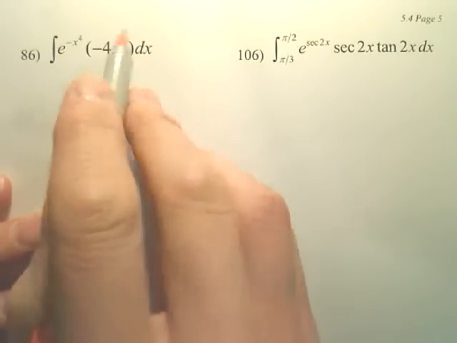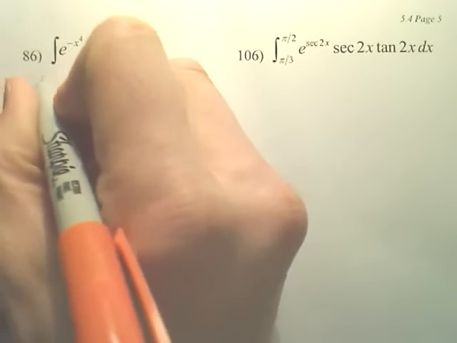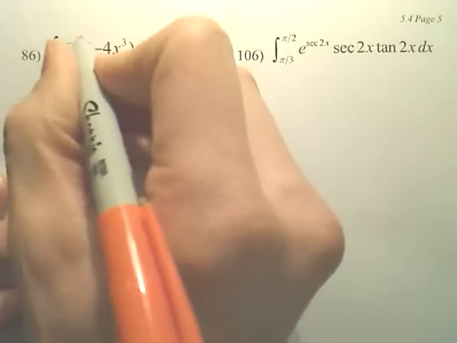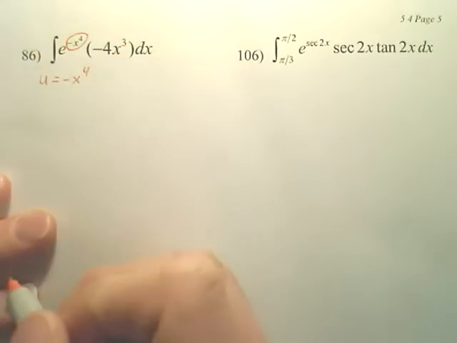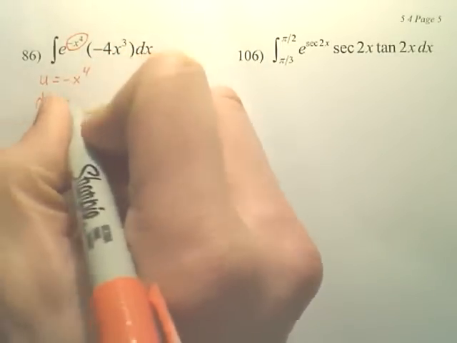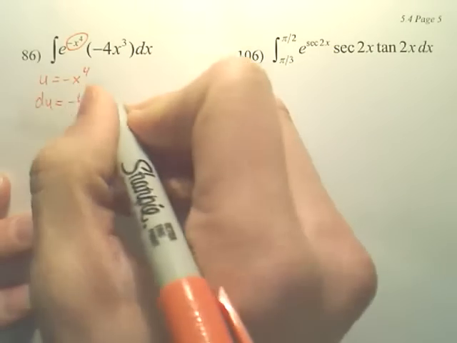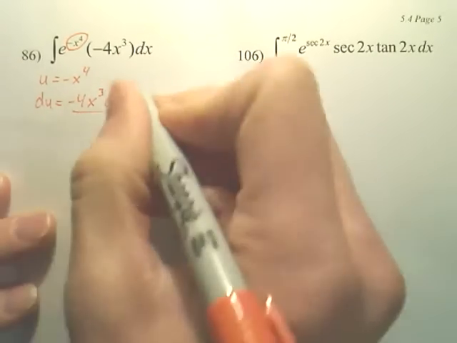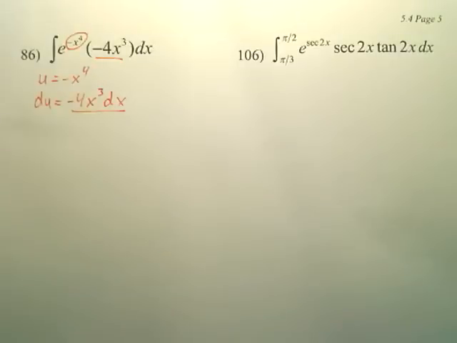If we're to integrate this, you first need to find your u. And hopefully you realize that your u is right there, because when you derive that, you get negative 4 x to the third dx, which is right there. This ends up being an overly easy problem